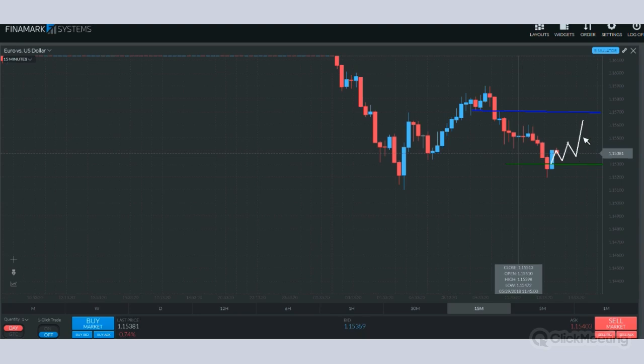And at this point right here, we've gone ahead and executed our 10-point trailing stop. Say right here we did. So at the 1.1550, we said, okay, at this point, we're going to execute a trailing stop, which we're going to use a red line for. So 10 pips below 1.1550, we're going to be looking to execute the trailing stop. So let's go 10 pips below that. All right, we'll say it's right here.